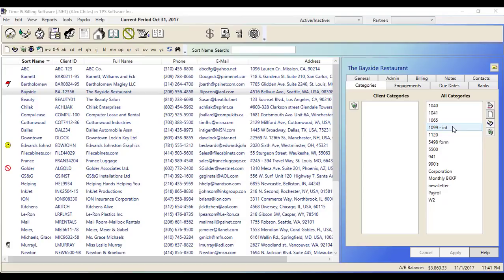For example, Bayside is a corporation, so we'll add that. We do their payroll, their W-2s, and their 1120s. Throughout the course of the year, I also like to send them newsletters. So let's add that here. And click Apply. Categories are used throughout the year for filtering reports such as client lists and mailing labels, and